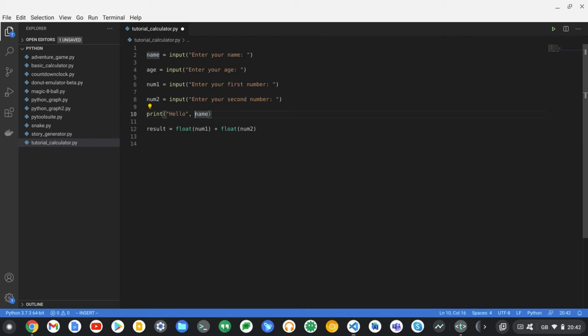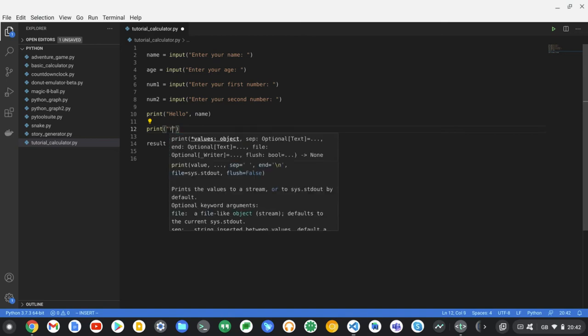So basically, this will print out your string, then the variable name, because this has already been defined up here. So it's going to think that you want to get that name variable, and it's just going to put that in there. Now, print hello name, and then we are going to do the same for print